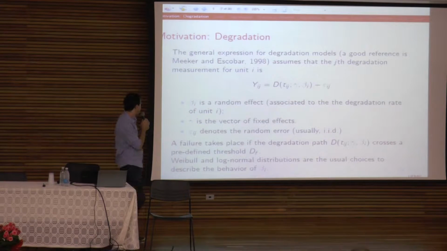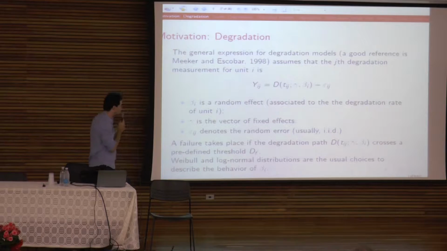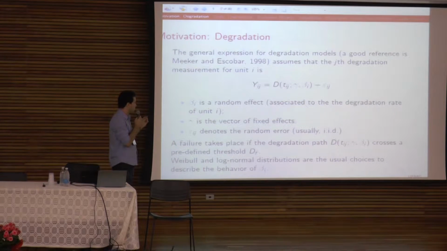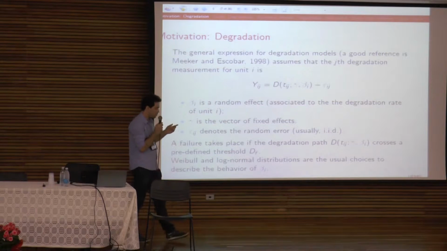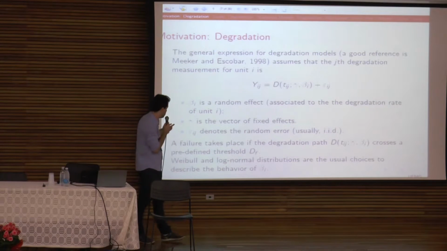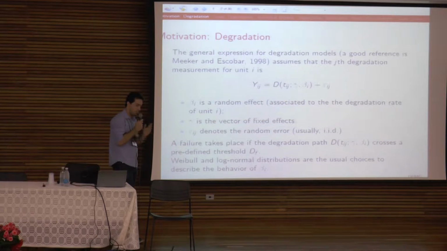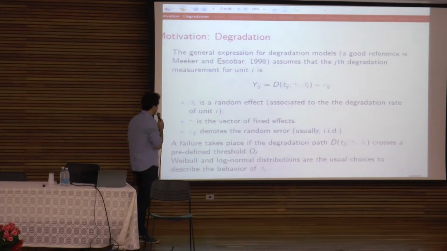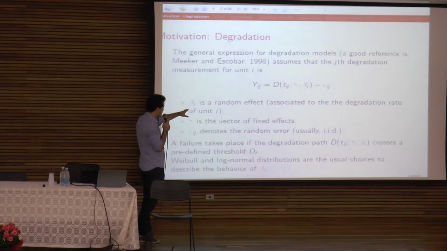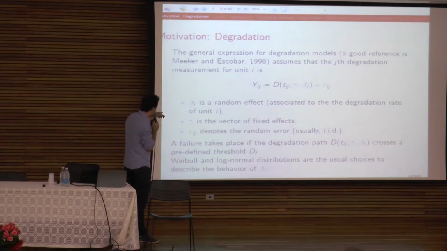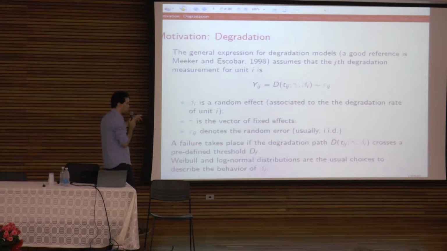So the general expression for the degradation models assumes that the jth degradation measurement for unit i is Yij. So i stands for the experimental unit, j stands for the times of measurements. The general model is like this. Beta i generally stands for the random effect. Gamma is the vector of fixed effects, and